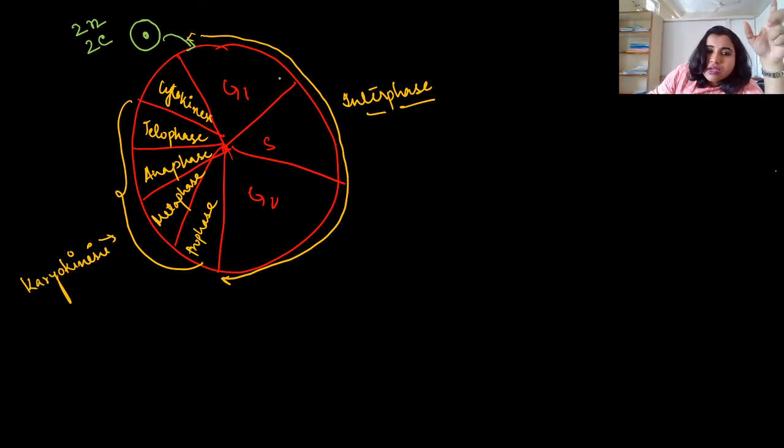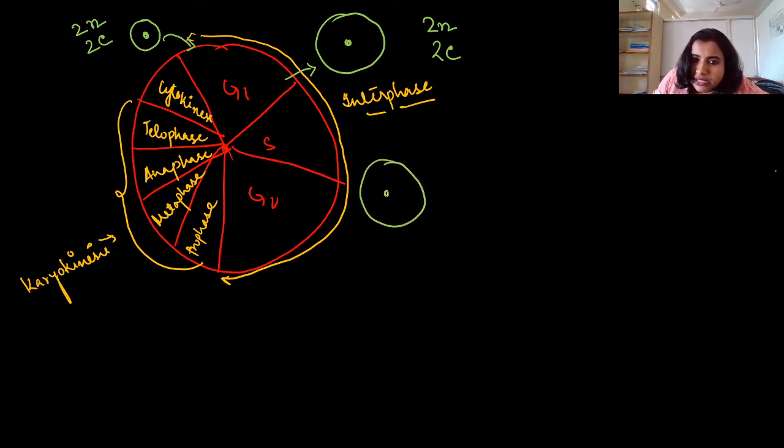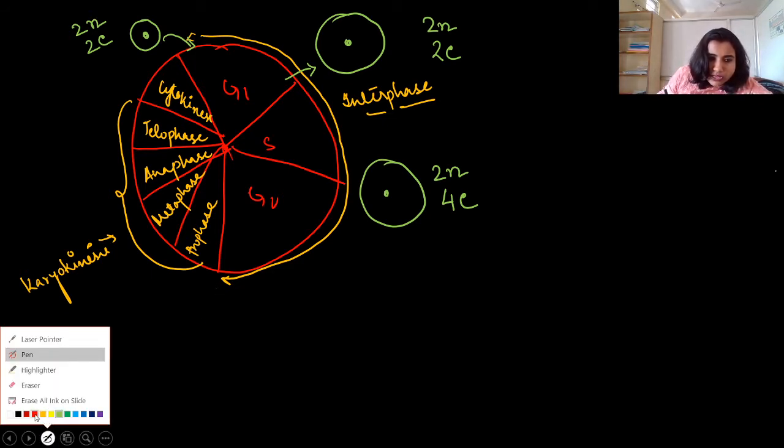Now what will happen at G1 phase? At G1 phase, as I discussed in the last class, synthesis of all the materials needed for replication takes place. So the size of the cell increases. You can see the size increases, the chromosome number remains the same and DNA content is also the same. But in S phase, what will happen? There is a synthesis of DNA. So the size of the cell will remain the same, but DNA content will increase from 2C to 4C, right? And in G2 phase also, now let me tell you how it changes from 2C to 4C.